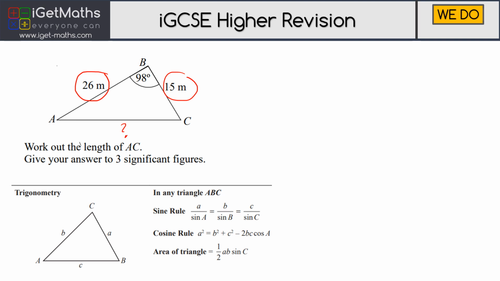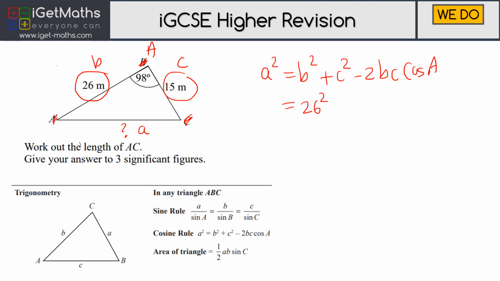So we've got a squared equals b squared plus c squared minus 2bc cos A, and we're just going to substitute them values in. It doesn't matter which way round you have b and c, so we'll have this as b, this one as c. We're going to cross this out and rename it A, and we're going to rename the opposite side small a. So we've got b, which is 26 squared, plus c, which is 15 squared, minus 2 times 26 times 15